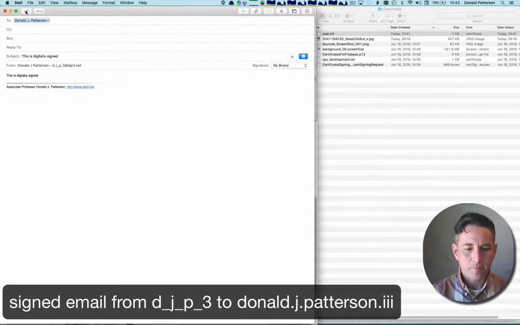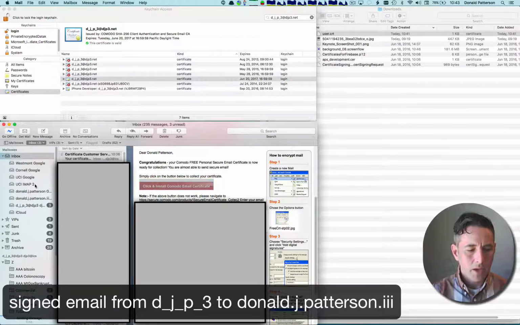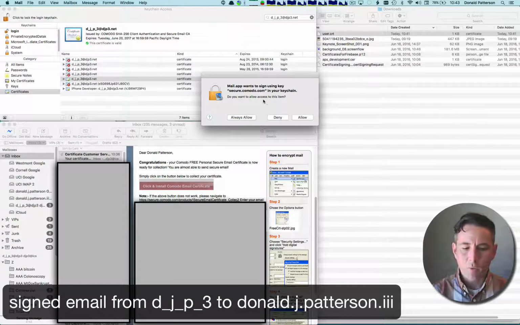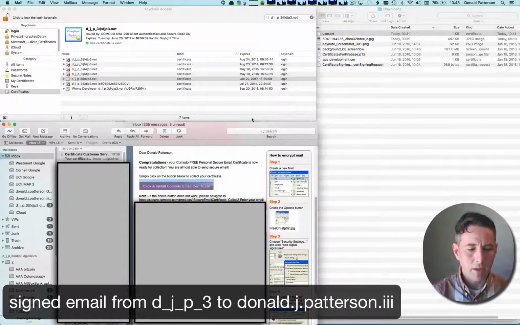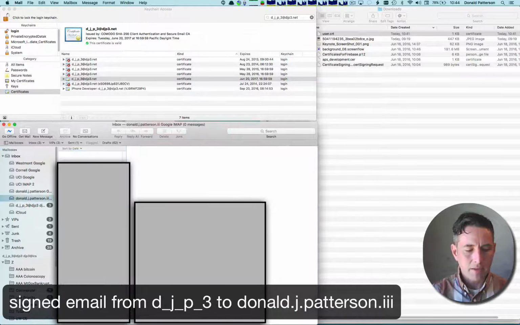And I'm going to send it. When I check my email, it asks if I want to use that keychain in order to sign my email. I'm going to say I always want to allow that because I want this to be an easy process in order to send digital encrypted emails. And then when I go to my email inbox and I get new mail,